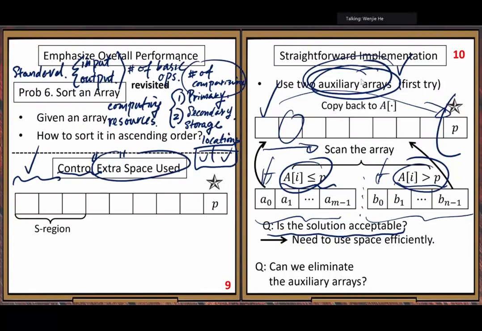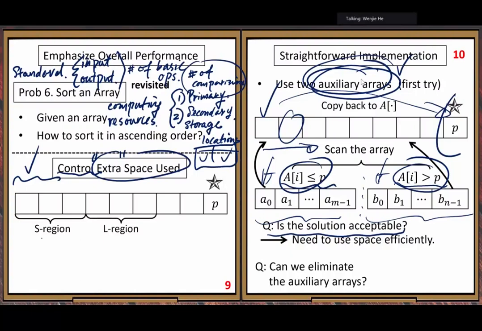Then our data, we divide the precious space in our original array into several regions to organize data. How do we organize our data? So we use some special regions.